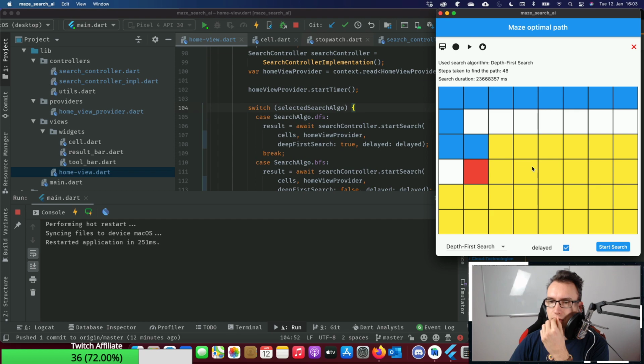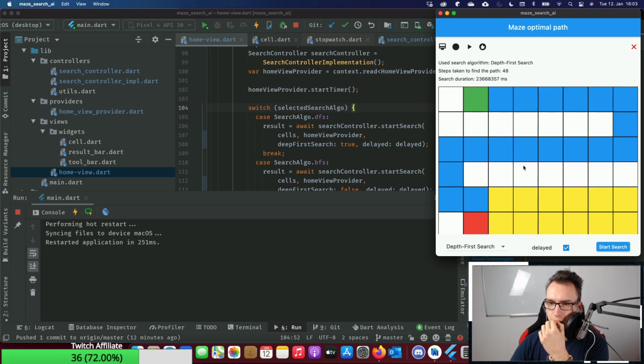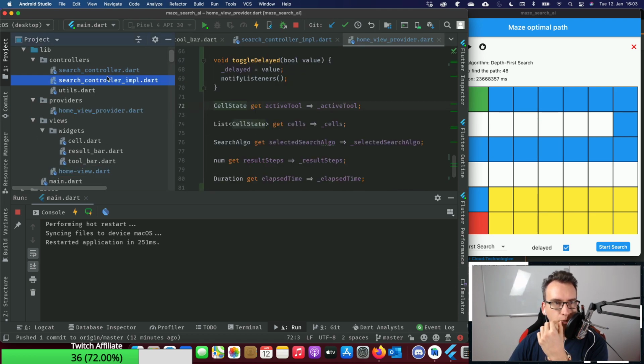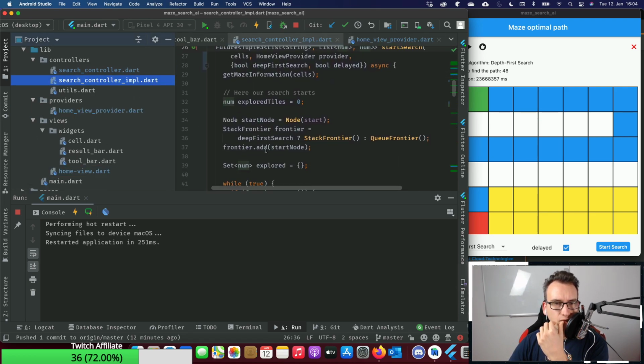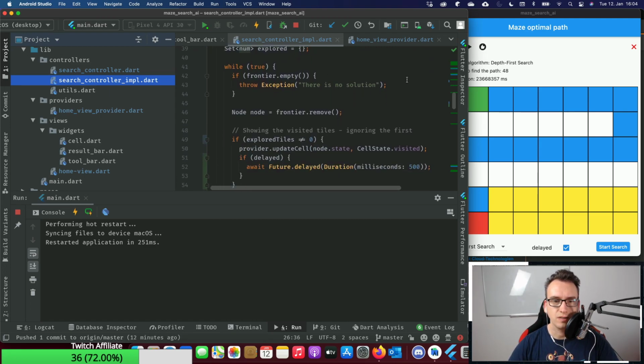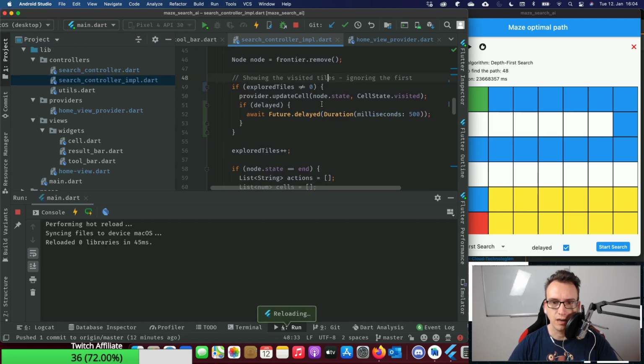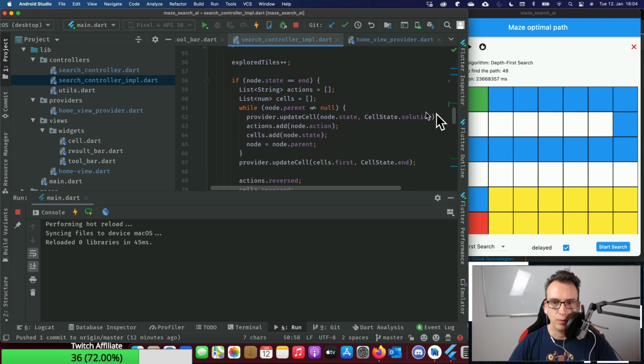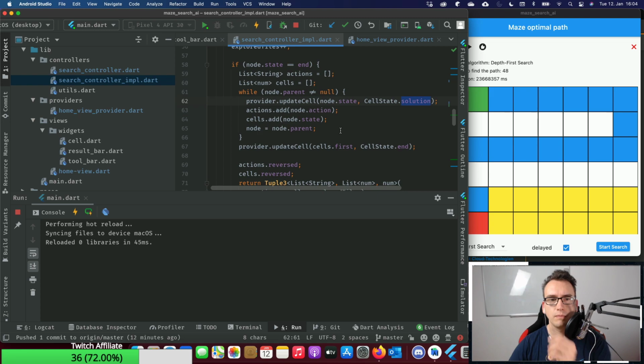Huh, why is it not cleaning up correctly? Or why is it behaving that weird? Some of the paths getting emptied and some are not. So after we find the solution, we clean up somehow. Our search start, we have the stack overview, we have showing the visited tiles, and then we come with the solution.